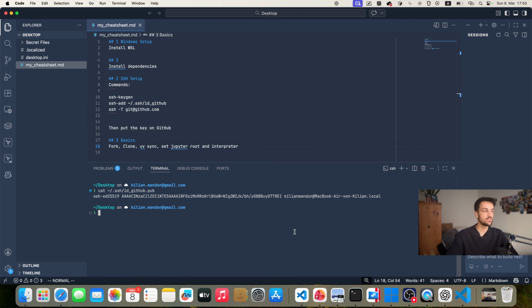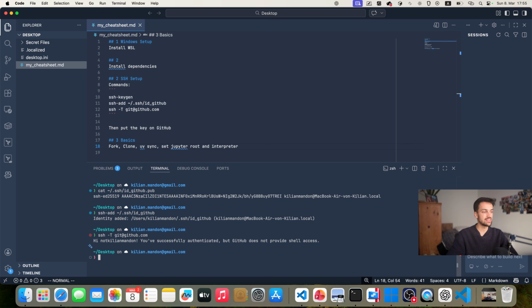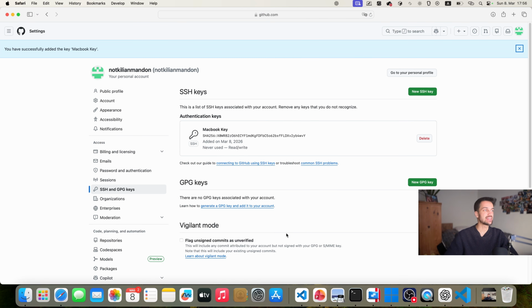We just need to load the key into our SSH keychain. The command for that is ssh-add, and then the name of the file you created. So for me like this. And with this, we should be able to authenticate in GitHub. You can run this command to quickly check if it's working. And if it is, this should output, hi, your username, you've successfully authenticated, but GitHub does not provide shell access. So with that, we've set up our SSH keys and can now go on with the